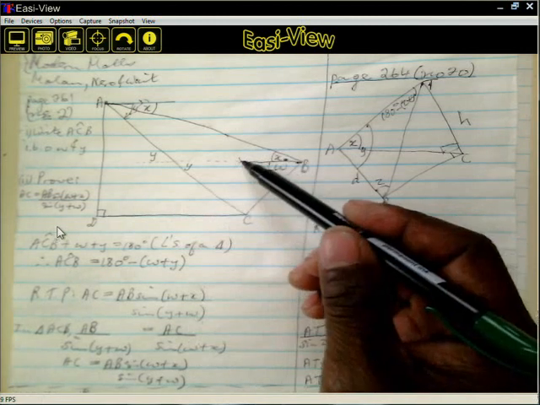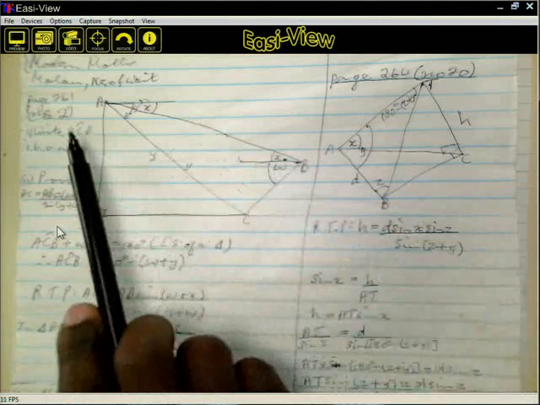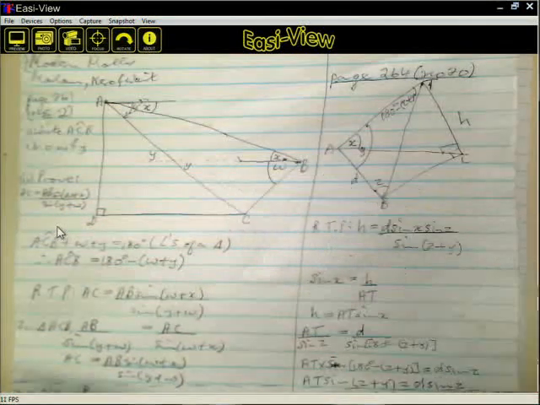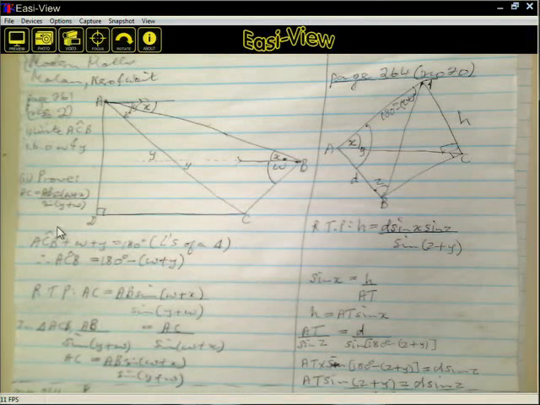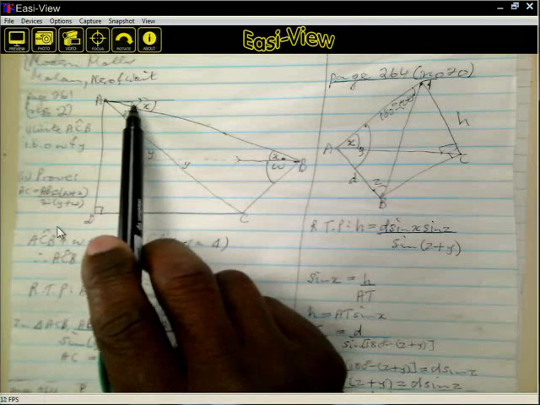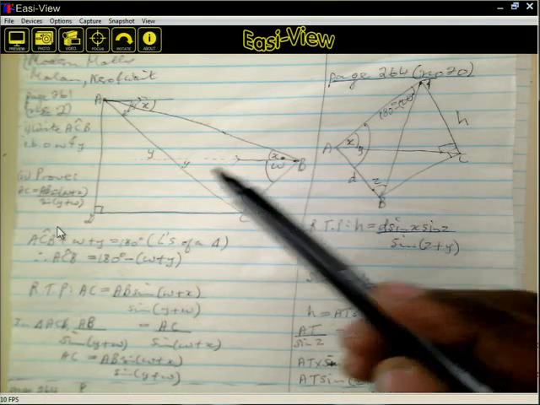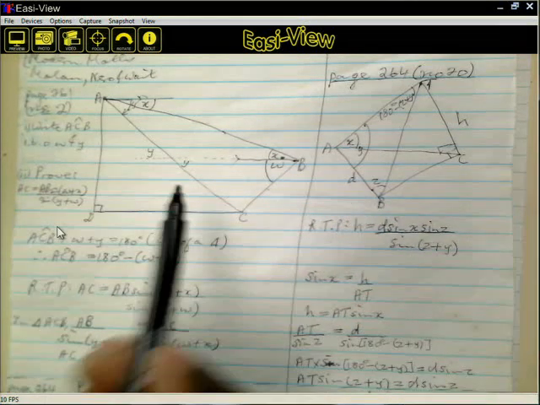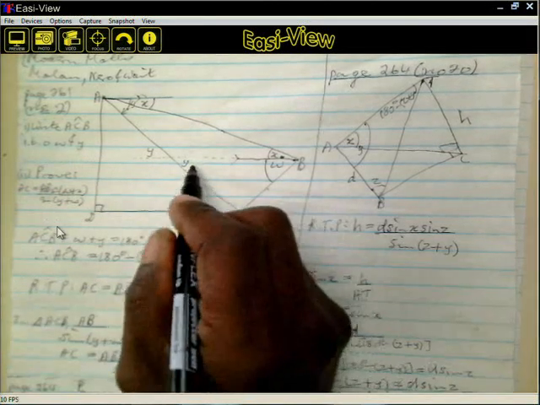But let's first look at the first question. It says, write angle ACB in terms of W and Y. Now let's look at the angles. You are not given this angle here. You are given this one. But if you continue with this triangle here, you will realize